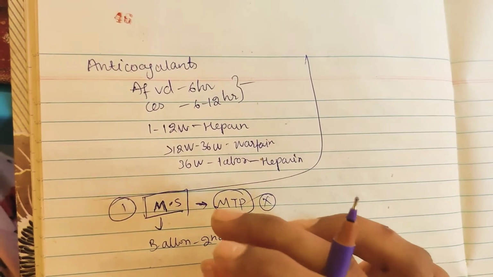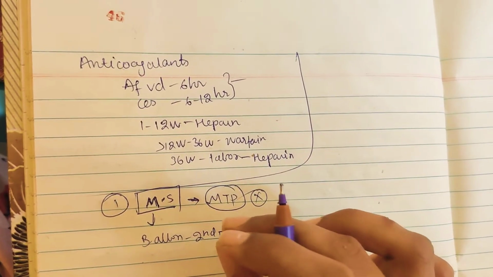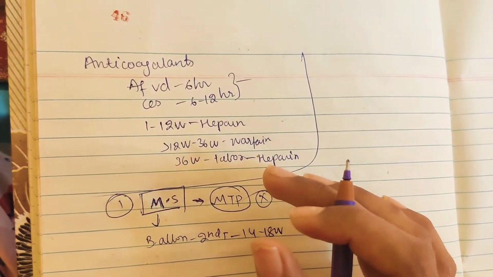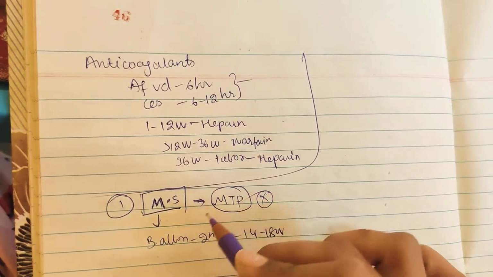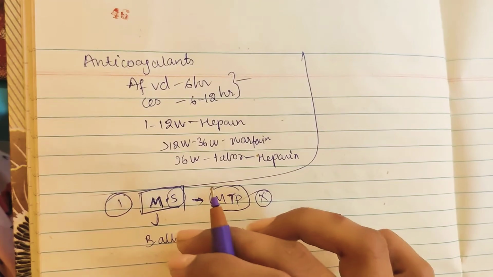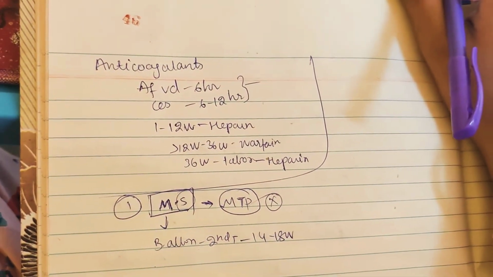Okay, so regurgitant lesions are better tolerated in pregnancy than stenotic lesions, that you need to remember. Regurgitant lesions are actually better. In regurgitant lesion patients, there is no need to suggest MTP, but especially in stenosis patients we suggest the MTP because regurgitant lesions are better tolerated in pregnancy than stenotic lesions.